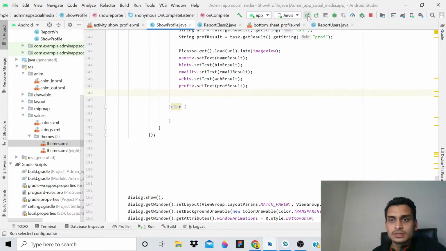So let me run the application and see whether it is working or not. I will simply run this admin app in my emulator named Jarvis, and wait until it is successfully